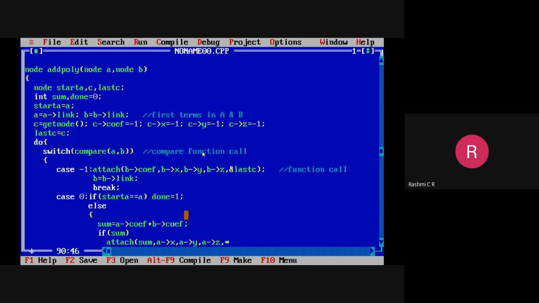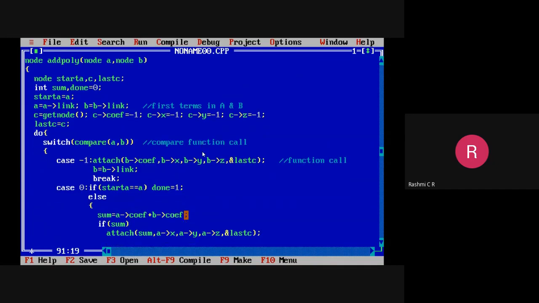And also pass the address of C, that is the address of your header node for C, the final resultant. So when you call the attach function, both the terms from A and B are added and finally appended to C. When it is appended to C, what happens to the terms?